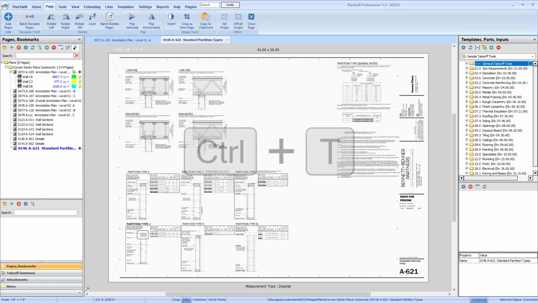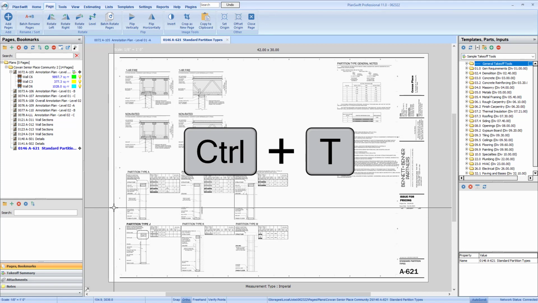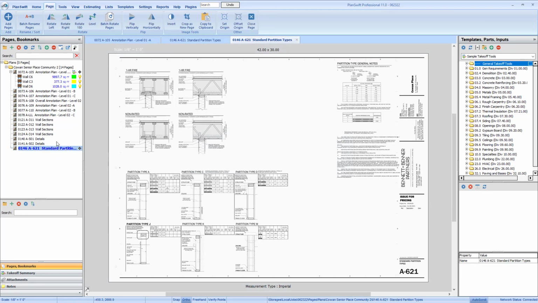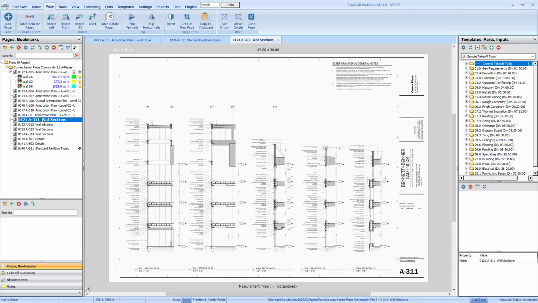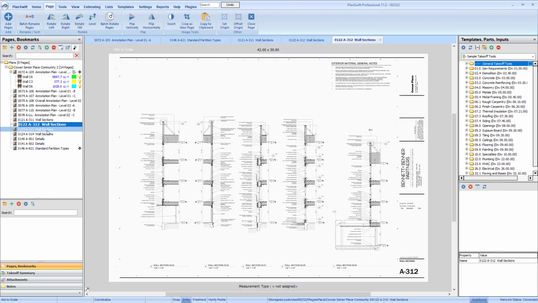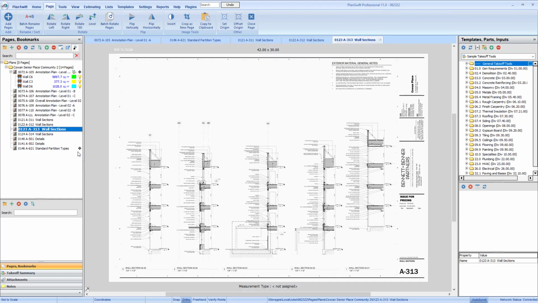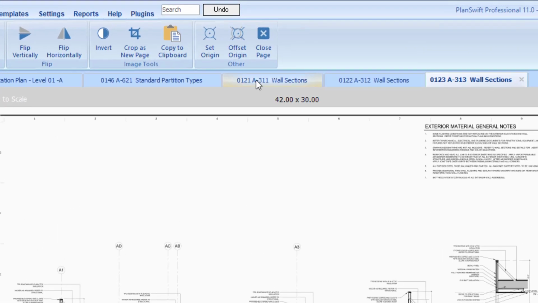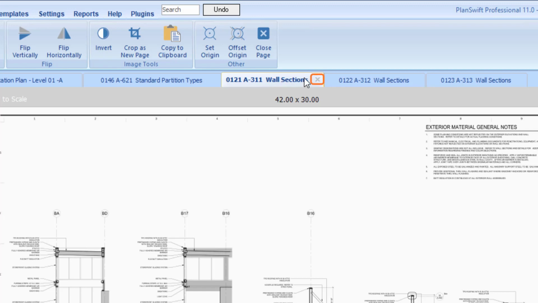You can also press Ctrl and T to open a new tab, rather than pressing the button on the left each time. And again, once the new tab opens, then simply navigate to the sheet you want to display on that tab. This can be useful by allowing you to have your main takeoff image on one tab, and then relevant sections, details, or assembly setup sheets on additional tabs for quick and easy access. To close an open tab, simply select the tab, and then press the X located on the tab at the top of the window.